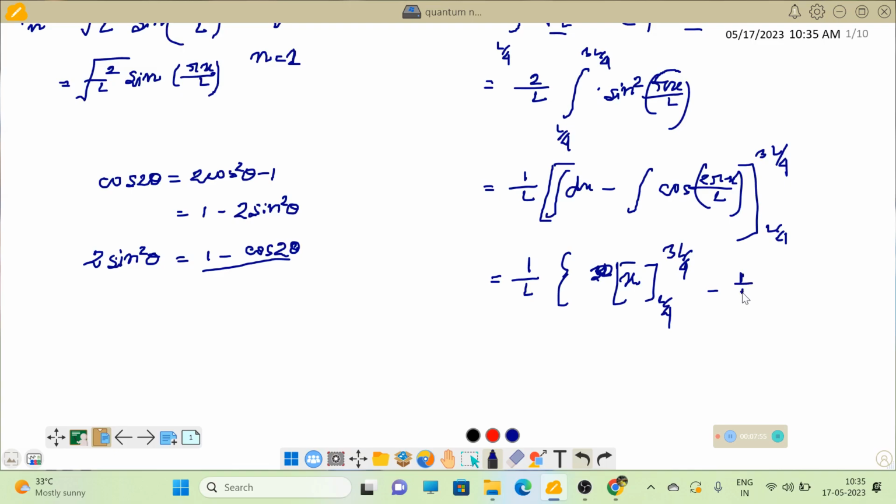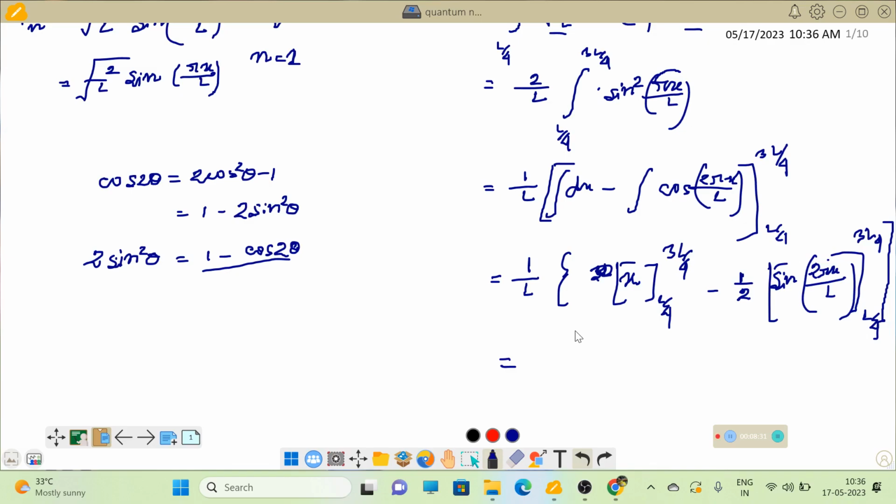So half 1 by m sine 2 pi x by L, same, L by 4, 3L by 4. So from here you can see that we are getting,